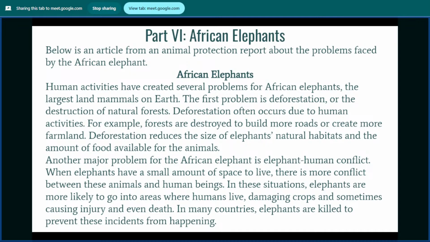That should be your cue over here, because if you observe in the second passage, it directly starts with "another major problem for the African elephant is." So that means this passage talks about problems, and that should be your cue that in the listening audio you are going to come across